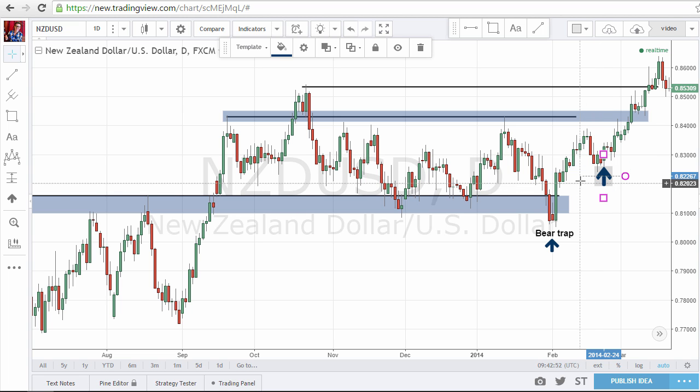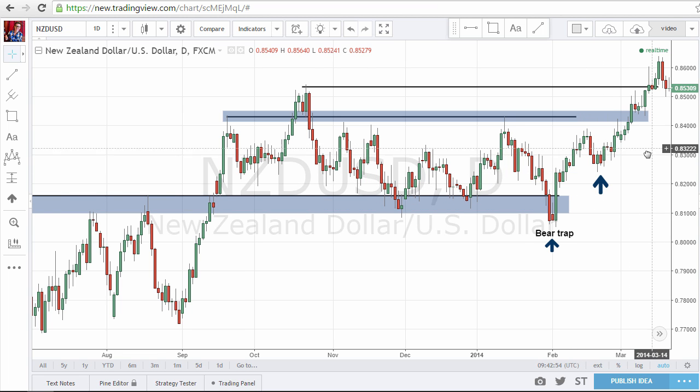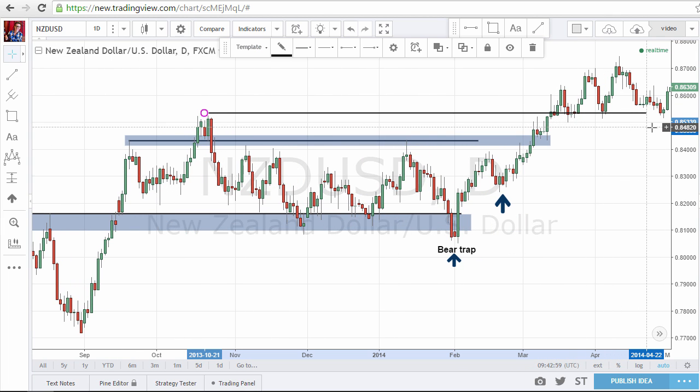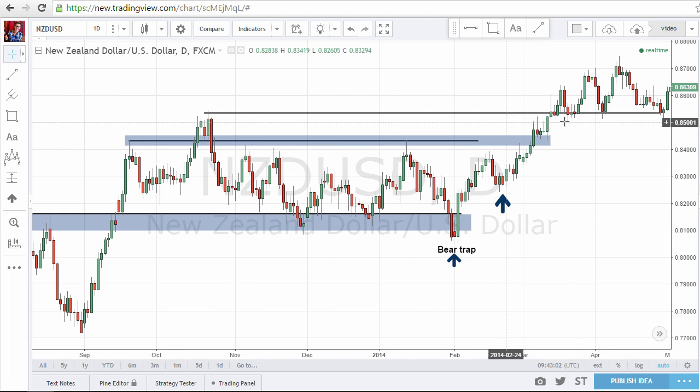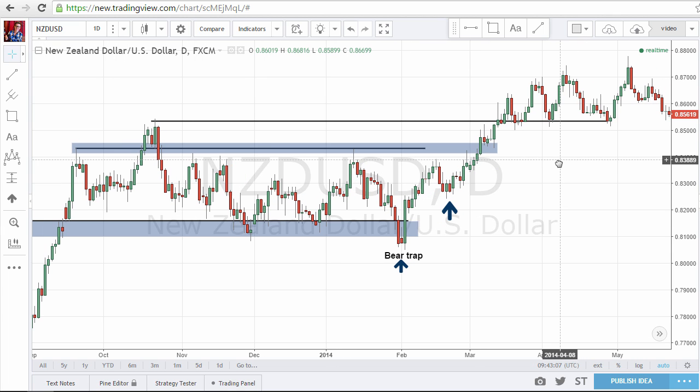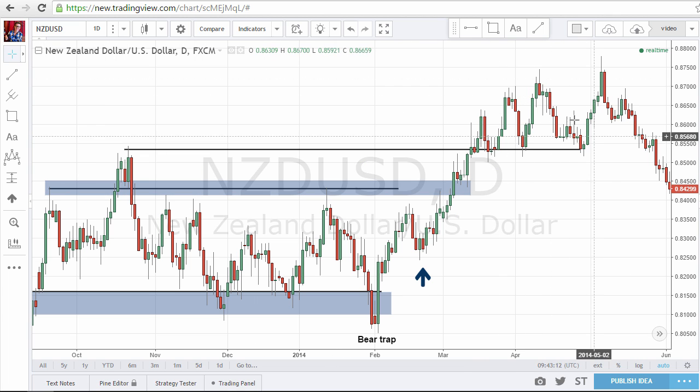Then we started to make higher highs, higher lows even, and after this break the momentum accelerated. You can see here that this previous swing high then acted as support and resistance going forward, and here you can see some type of uptrend. But it also is obvious that the trend is losing a bit of momentum. Here you can see a very strong rally, and then here the waves become less and less strong. We just barely make higher highs, and at the tops we see a lot of reaction and rejection,